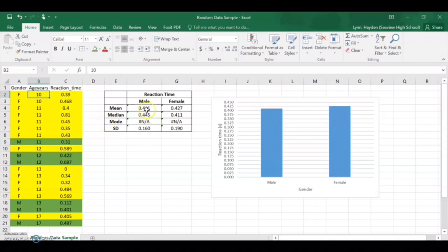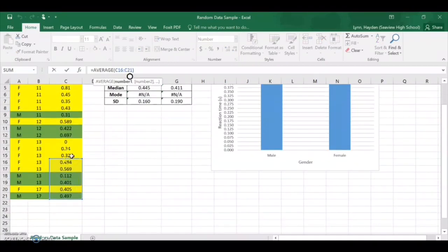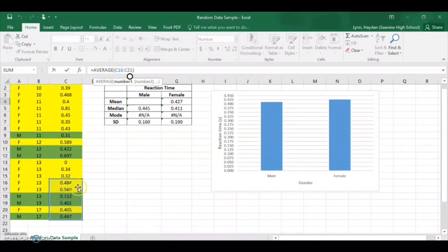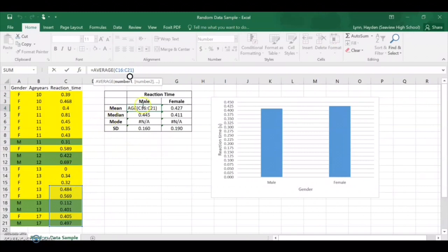The values for the averages have changed because the highlighted sections now no longer show just the male or female groups as they were before. So it would be important to make sure that your data is set the way you want it before you calculate your averages, or we can undo